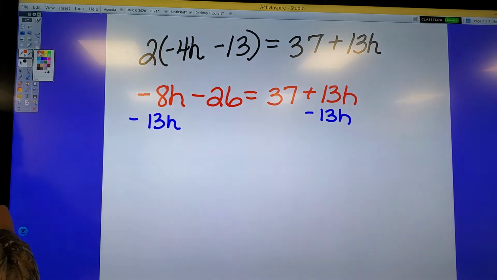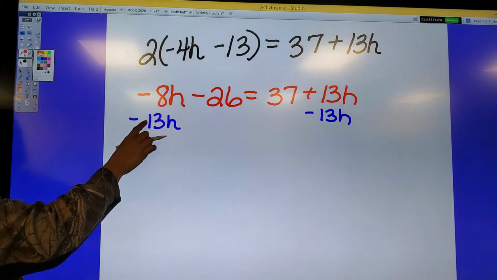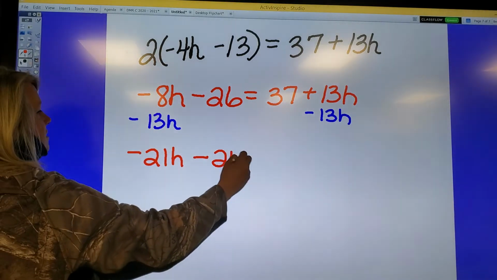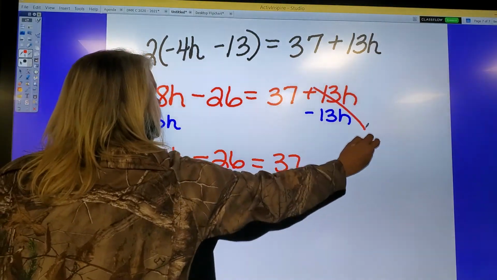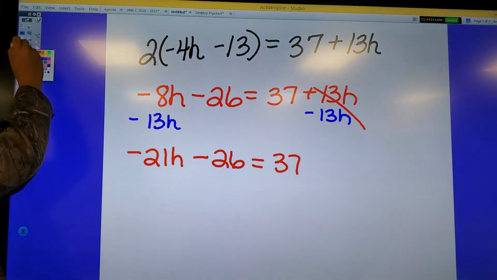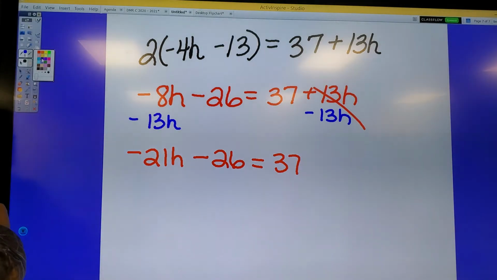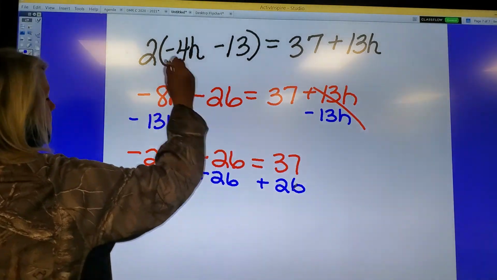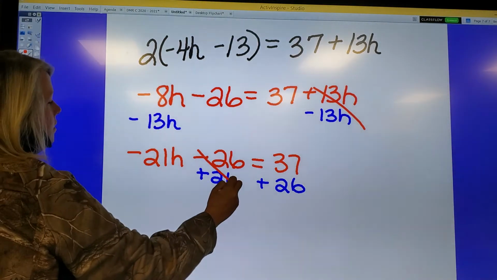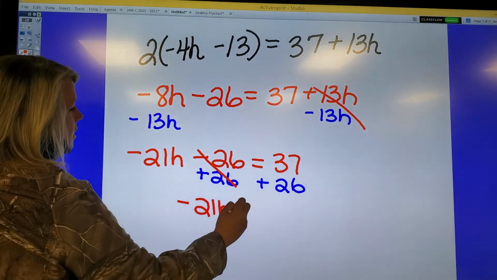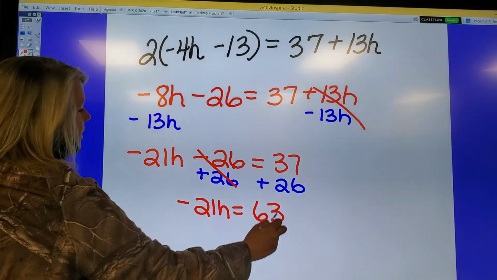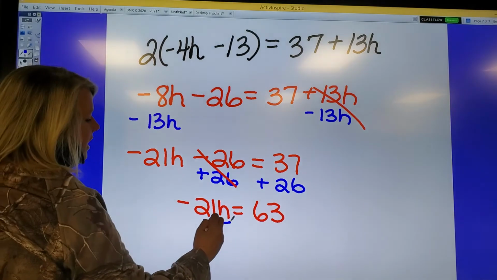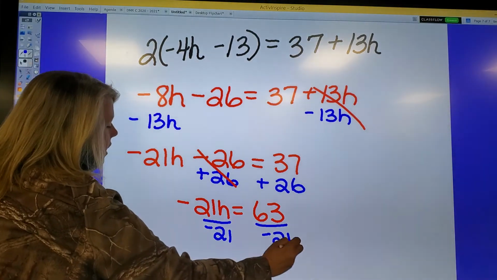So -8, -13, same sign, so we add: -21h minus 26 equals 37. Next, I'm going to get rid of minus 26, so I'm going to add 26 to both sides. So -21h equals 63. And lastly, I'm going to get rid of this -21 by dividing by -21, and h equals